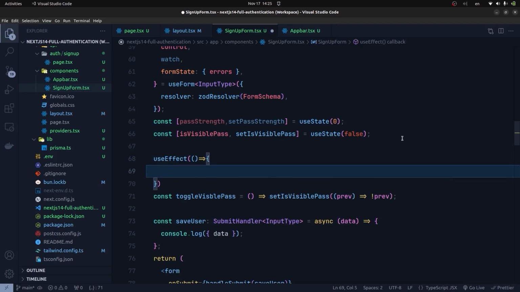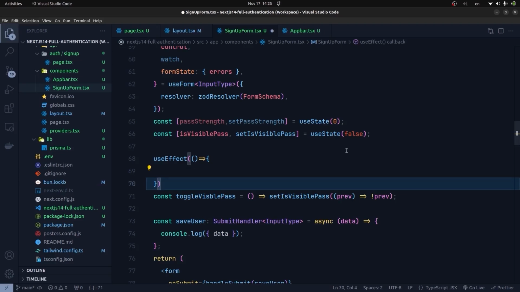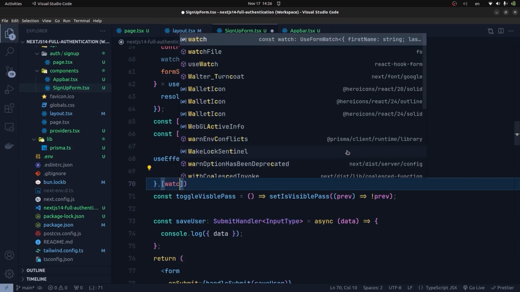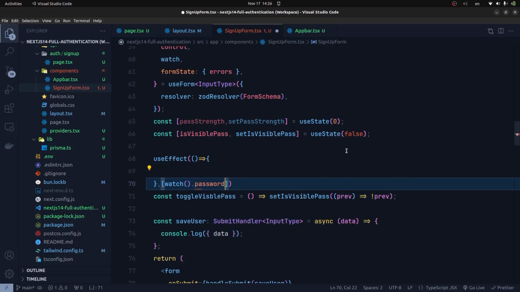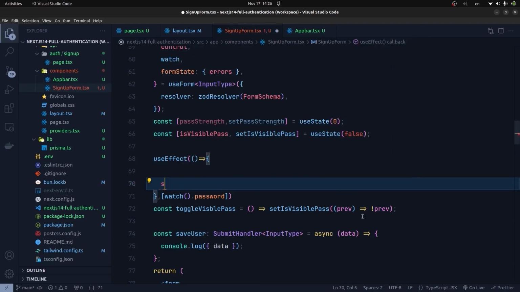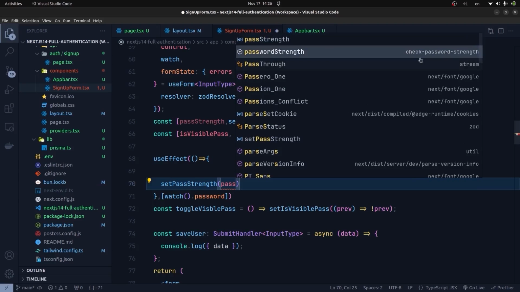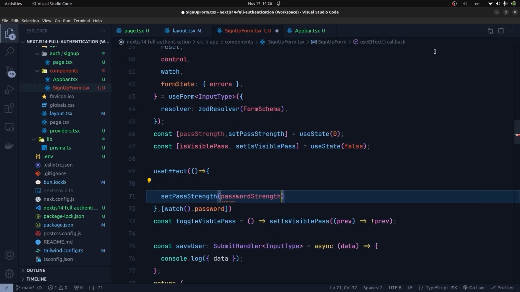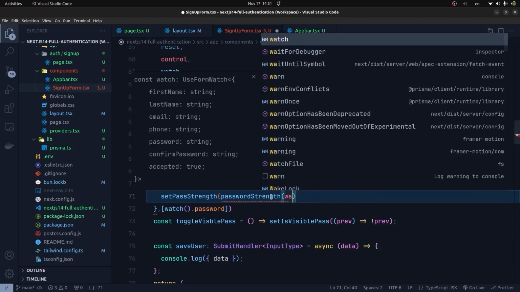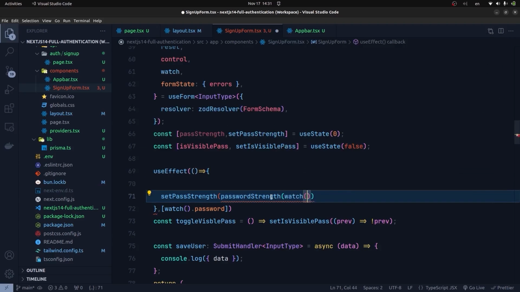And inside this useEffect, we're going to retrieve the password value from the watch function and pass it to the passwordStrength function from check-password-strength. So here, let's define the dependency array first. We're going to use watch the password, and then here we're going to use the setPasswordStrength. This is our state, and here we're going to call the passwordStrength that comes from the check-password-strength package. Let's import that, and then we're going to pass the value of the password with the watch function